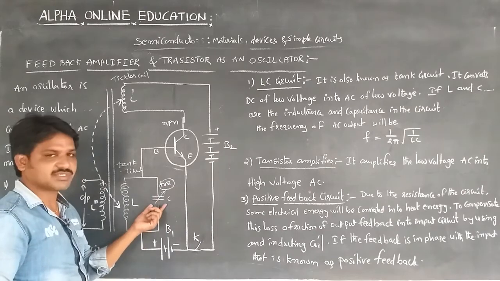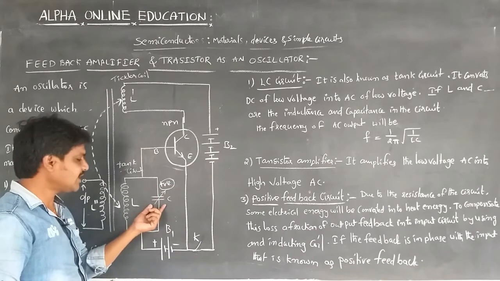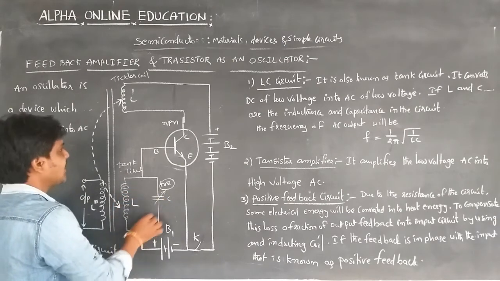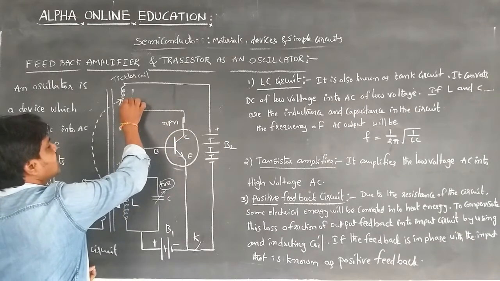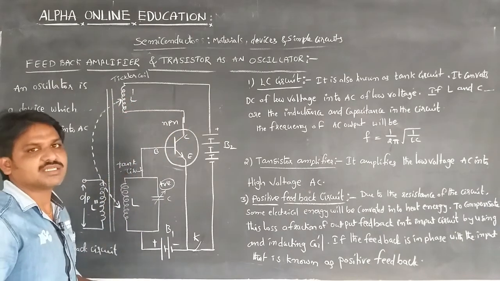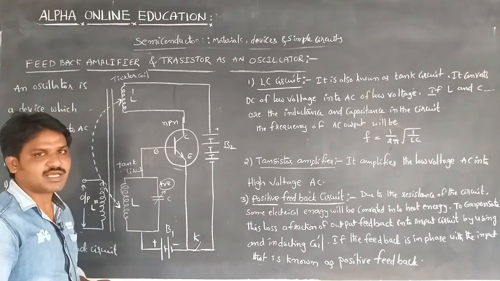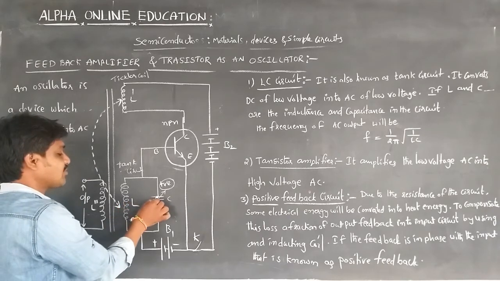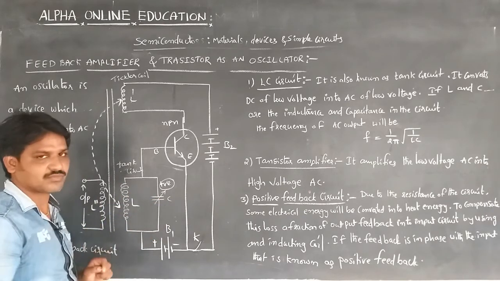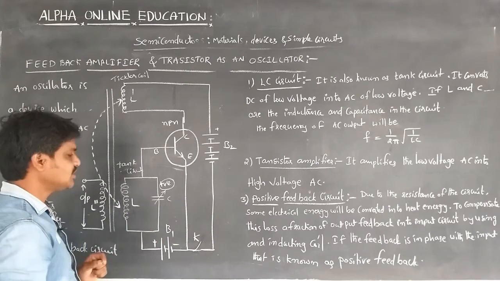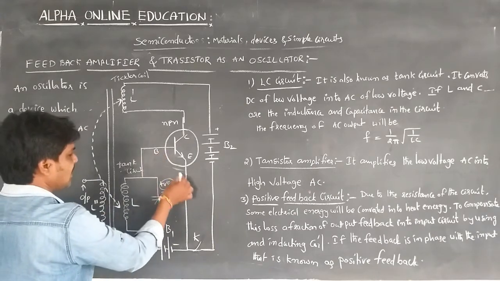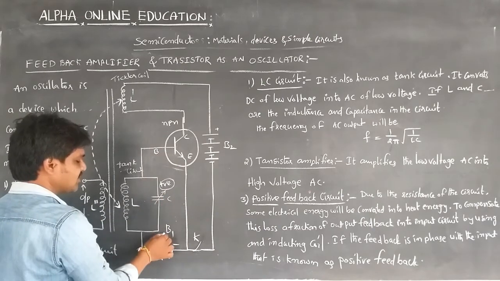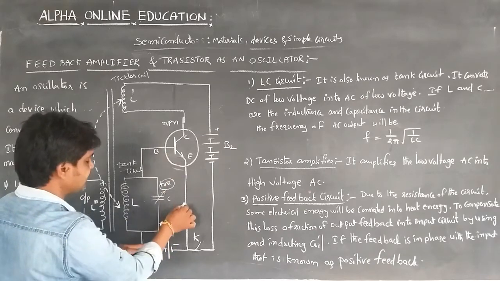The upper plate of the capacitor becomes positively charged. This process is continuous, and due to the collector current, L dash also comes to its maximum value. Due to the mutual induction, the capacitor's upper plate is positively charged, which supports the forward bias, so the base-emitter junction will be forward biased.